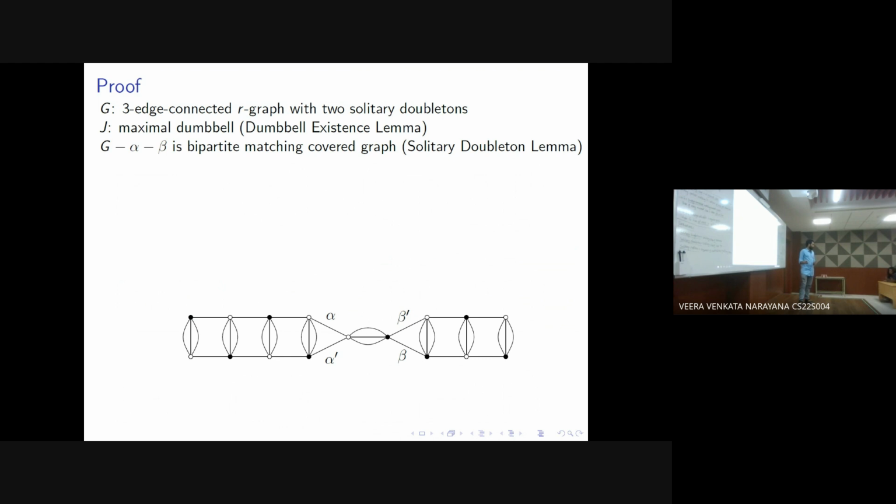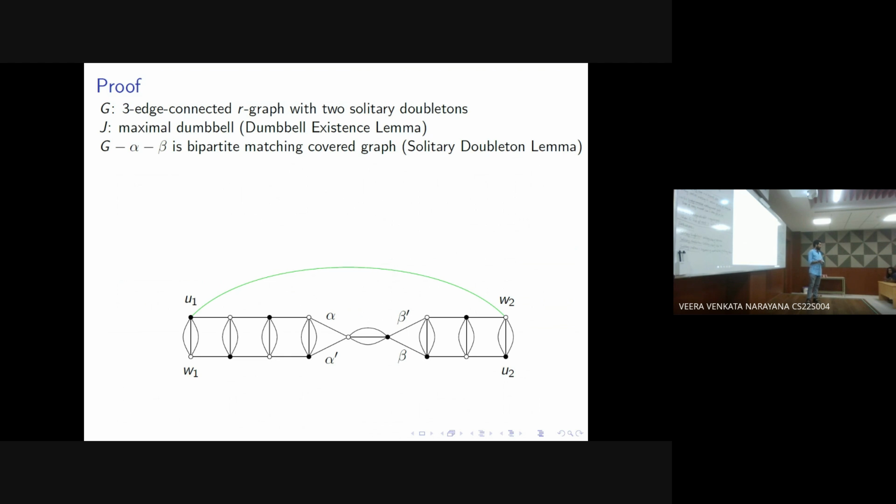So black and white. Right now we don't know whether the vertex set of this J, the maximal dumbbell, is equal to the vertex set of G or not. That we don't know. We just colored for this J. Okay. Yeah. So suppose there is an edge between U1 and W2,